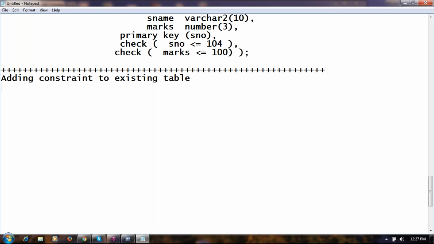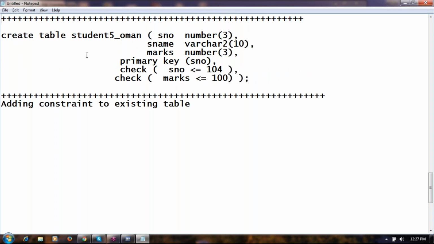What we are doing is applying constraints like primary key, foreign key, and check constraint at the time of creating the table in the create command. You will come across a scenario where the table is already available and already has data. To the existing table data, you want to add a constraint. Yes, it is possible.